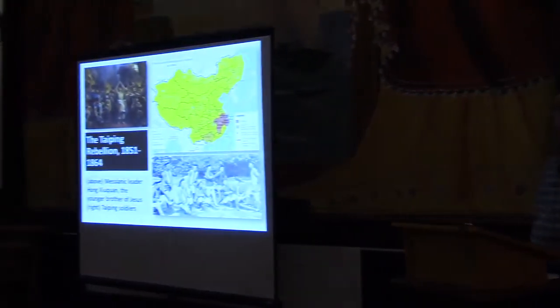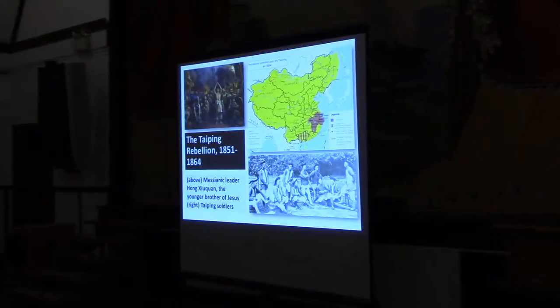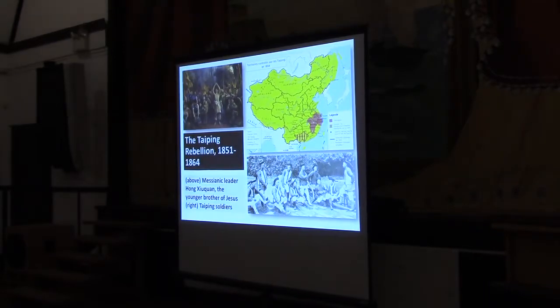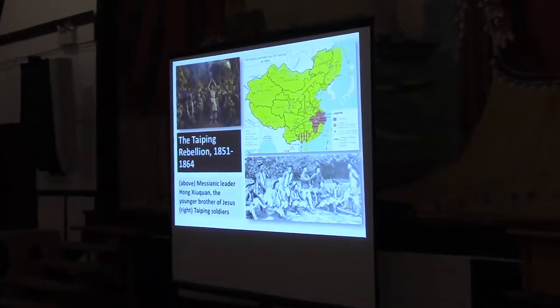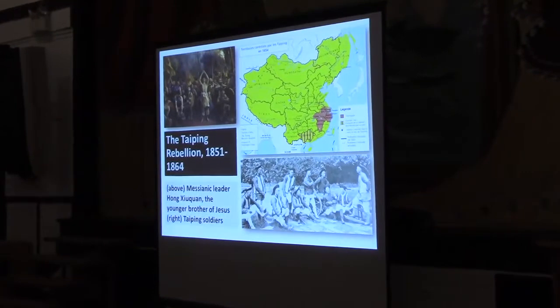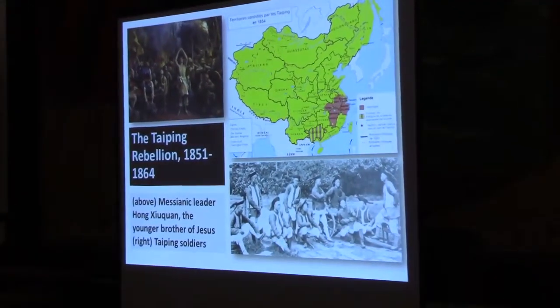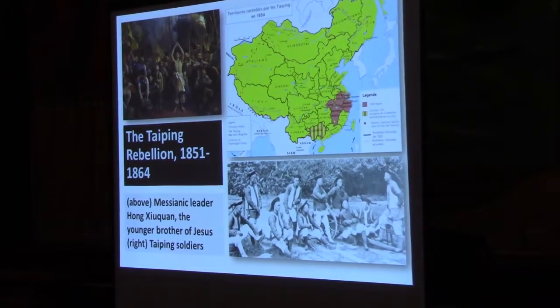centered in the southern part of China. It's led by a guy who proclaims himself the younger brother of Jesus. At first, the British are really, really excited about this. They think that maybe they are actually Christians, and maybe they can form an alliance with the Taiping against the Qing, who they're currently fighting to force them to smoke dope. So it would have been a handy alliance for the